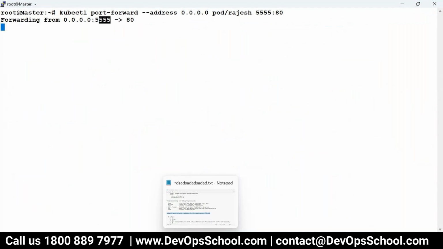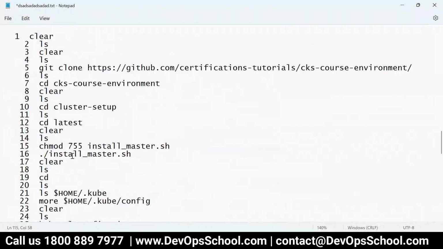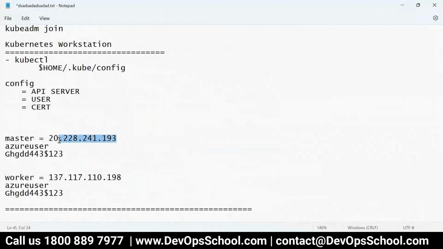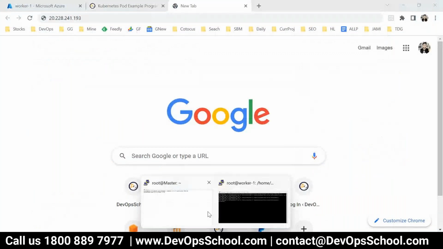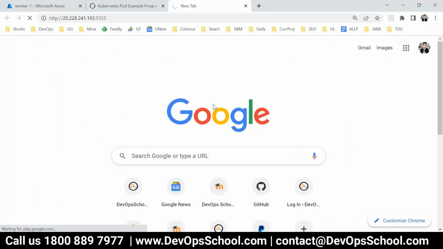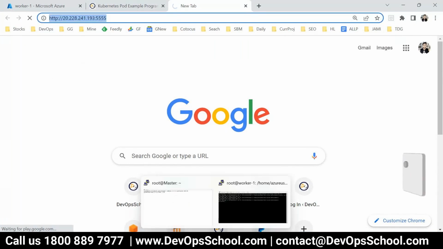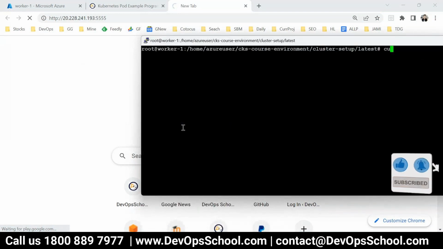Now if I remember the IP address, any one IP address you can use for this. The IP address is master or worker, any you can use, and the port number is 5555, right? Okay, so it's not accessible. Why? If I try internally accessing it, curl http, if I try internally, also it's not accessible. So the reason is